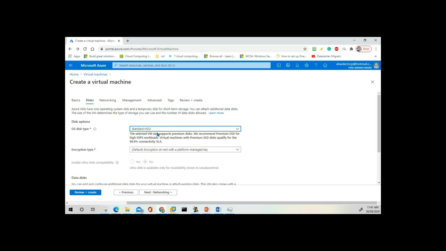In this case, I will select just standard HDD. But one rule of thumb we need to remember is that standard HDD is used for dev and test environments, whereas standard SSD and premium SSD will be used for